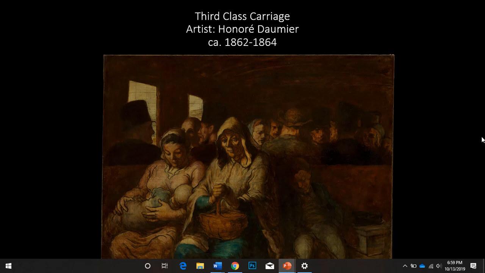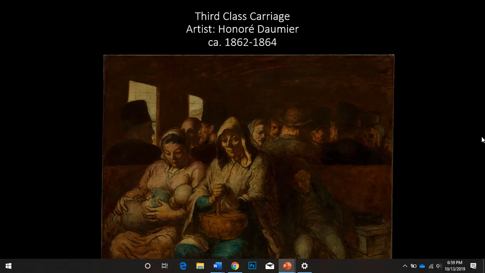In the case of this painting here, he's looking at how these things impacted class, particularly the working class. For this painting, as well as the other one, First Class Carriage, he's using the public space of the train, which was an emblem itself of modernity. And he's using this space to show the ways in which industrialization has contributed to an inequitable distribution of resources that functions to marginalize a large section of French society, and to comment on how these sorts of spaces also